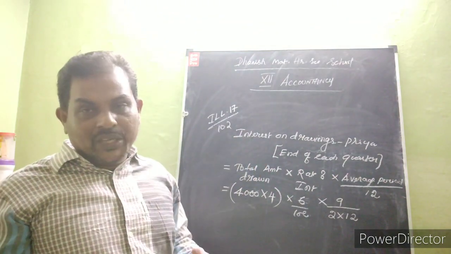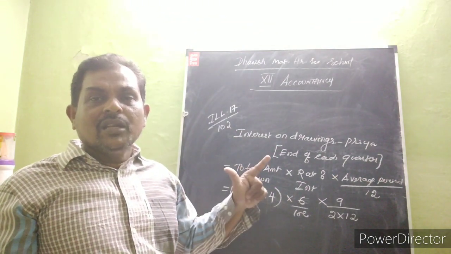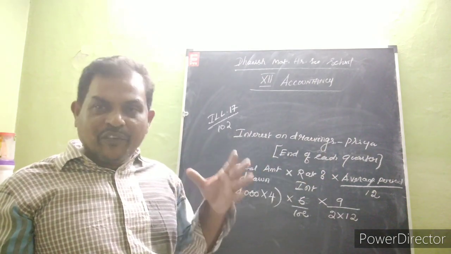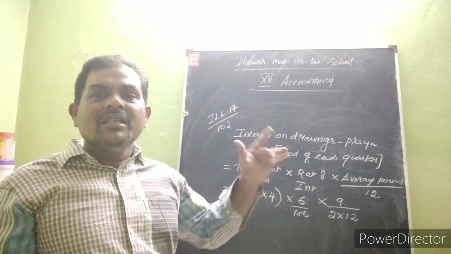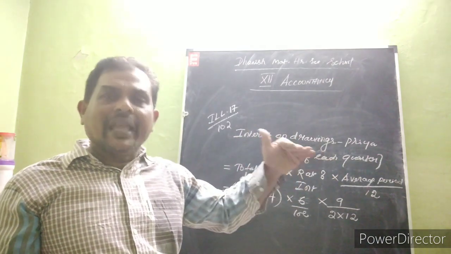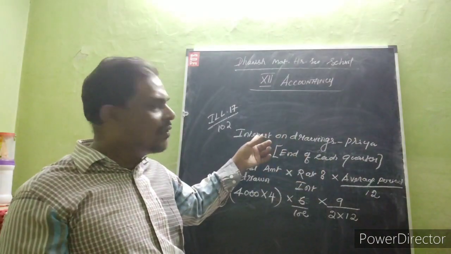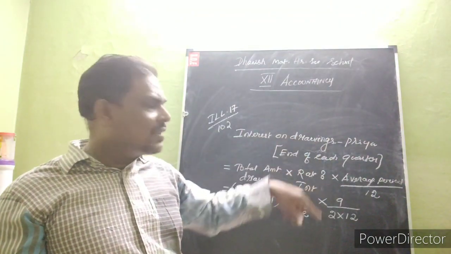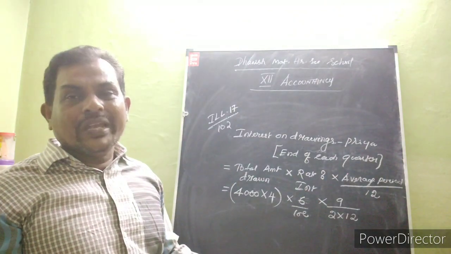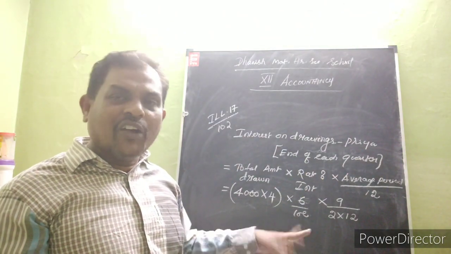Beginning means 15 by 2. Middle is 12 by 2. For the end, you reduce 3 months. Beginning means 15 by 2; 3 months you reduced, 6. Okay, 12 by 2 is middle. Then end means again 3 months you have to deduct because it is quarterly. So 12 minus 3 is equal to 9 by 2. 9 by 2 is nothing but 4.5. So in the tabular column, use 9 by 2 or 4.5.